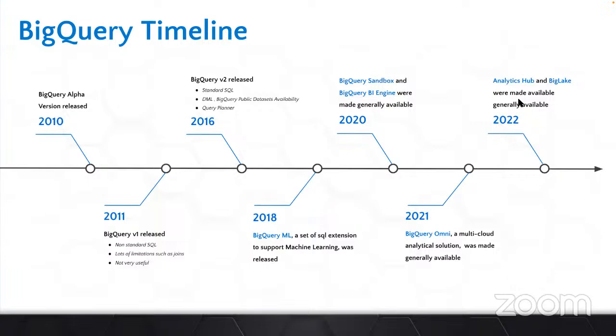And then there are other interesting things which were added in 2022. Looking at this, Analytics Hub is more like data sharing: you can collaborate, and within your org you can share data with your different teams, and you can even make it public. We also have BigLake, which is a combination of data lake and data warehouse, so it is supporting that. So a lot of interesting things are happening in both technologies.